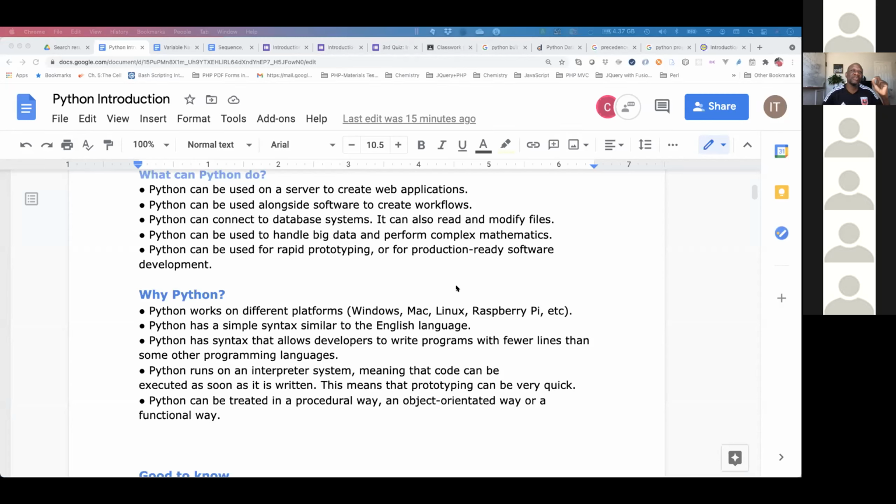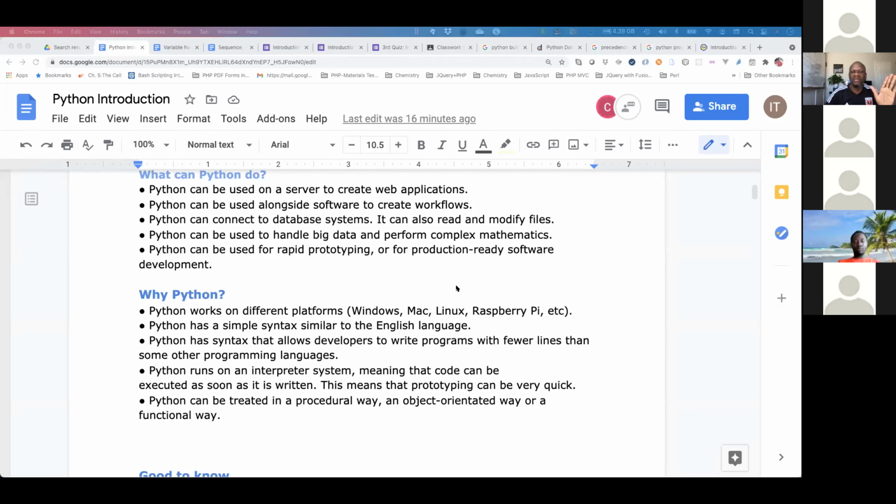So Python runs on an interpreted system, or the interpreter. Some other languages like C, C++, Java, C#, and all those, they run on what we call a compiler. So that means when you execute a Python program, it runs line by line. So you put in your first name, you have to press enter. When you press enter, it gives you the output. And then you put in the second name, then you press enter, then it gives you another output. So that's what we mean when we say Python has an interpreted way of doing things.